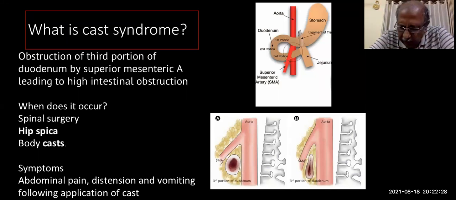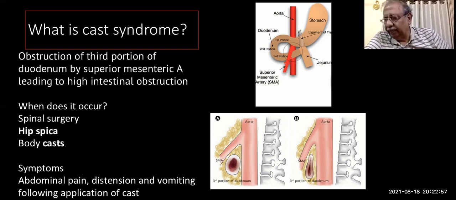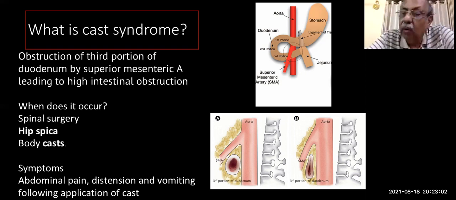The precaution that you have to take, in all cases having a cast in hyperextension, whether it is a spinal jacket that is done for a fractured spine or a spica that is given, is to admit the patient and observe them for at least 24 hours. In the evening, ask your residents to palpate the abdomen and see whether there is any abdominal distension or loss of bowel sounds.